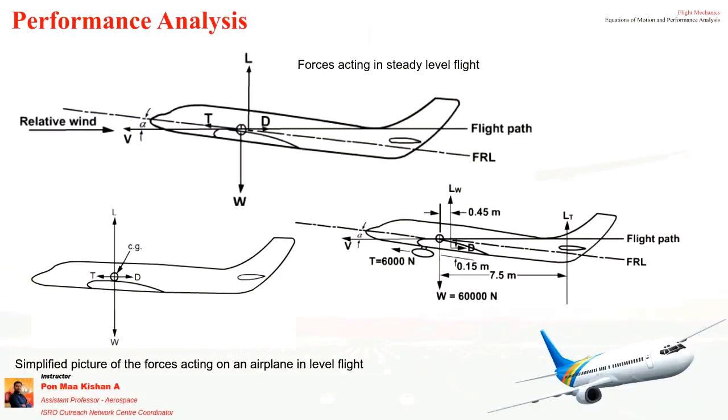In the last class I told you the location of thrust. It is from the engine, L by D is from the center of pressure, and weight is from the center of gravity. But in some places they mark it as simplified aerodynamic forces, or we can say four forces acting on an aircraft with respect to the center of gravity. That is just for understanding.